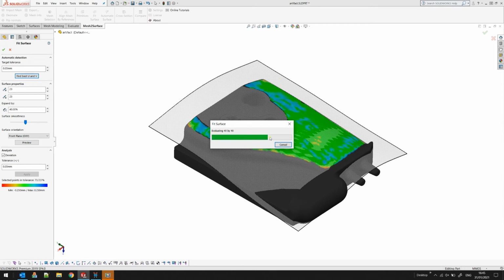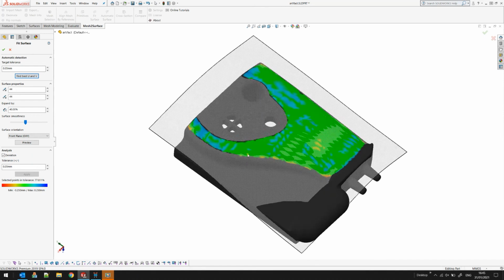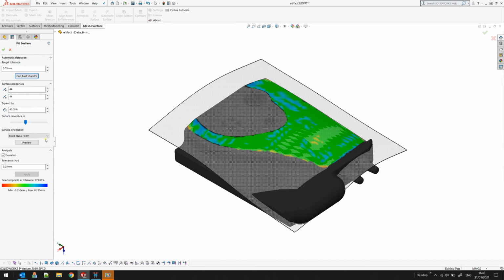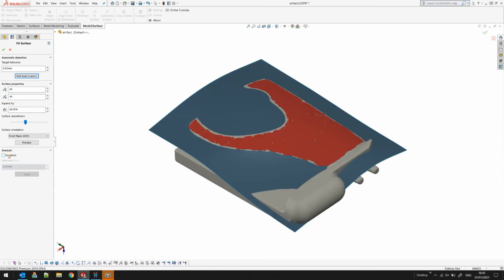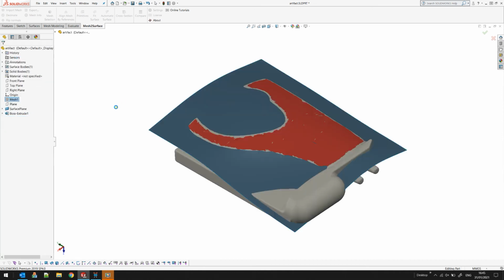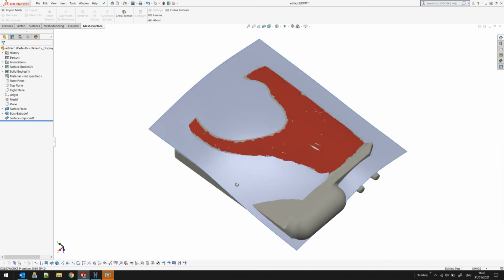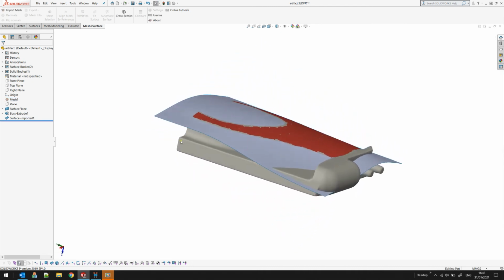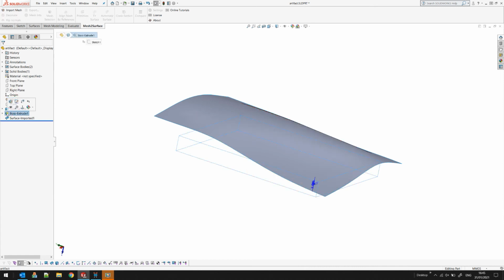Also, I have to say that the maximum number of control points that the automatic detection uses is 50 by 50, and then the software just gives up and stops creating this surface. At any point, you can just press cancel and it will stop where it has reached. When you're happy with this, I can just press OK, and the surface will be created as a normal SOLIDWORKS surface. For the demonstration, I just created a post extrude